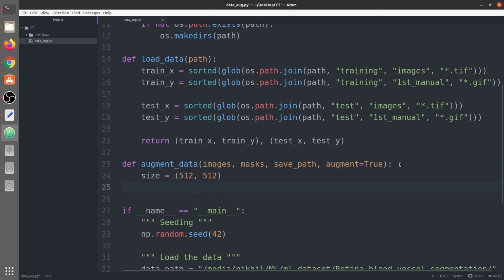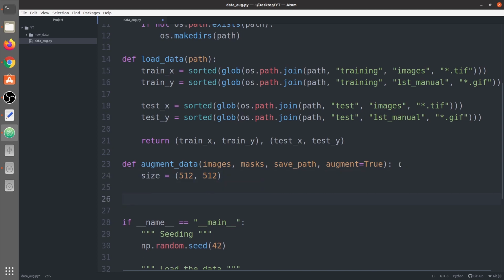Okay. Now we're gonna loop over these images and masks. So here we would use the enumerate, and inside enumerate we would use the zip function, which would contain the images and mask. Okay.